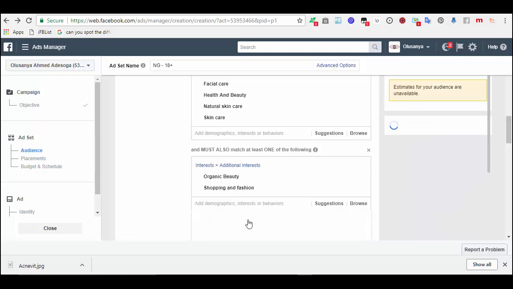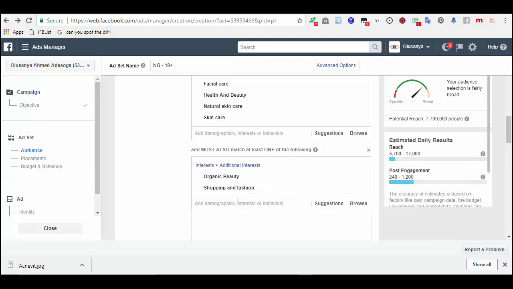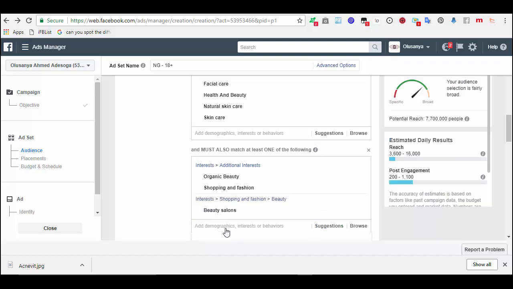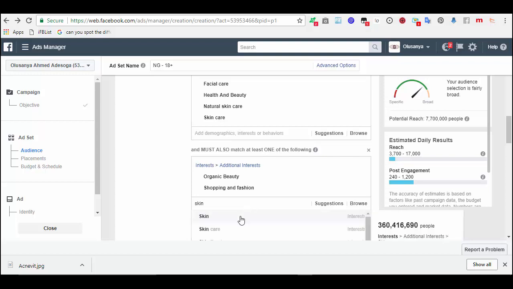Let me add this. Beauty salons. I don't want beauty salons. Okay, it means that it's not there. So skin, let me choose skin.